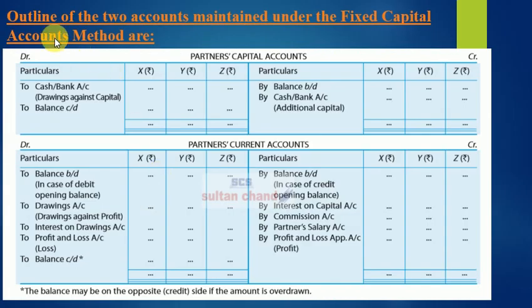So what we read in theory is now represented in the form of a ledger. So capital accounts of all partners will be made together with individual columns for amount. If you see the format here, as we saw in the previous explanation, there are two accounts made. First is known as partner's capital account. Second is known as partner's current account.